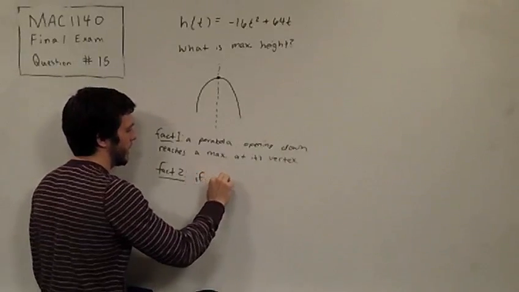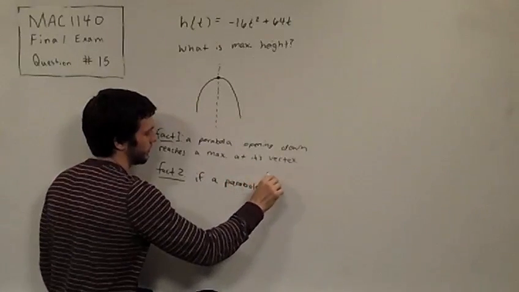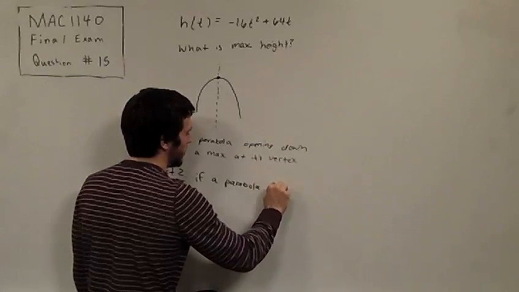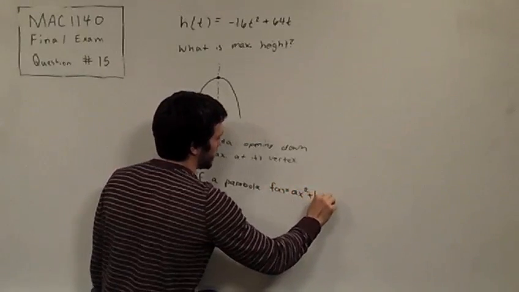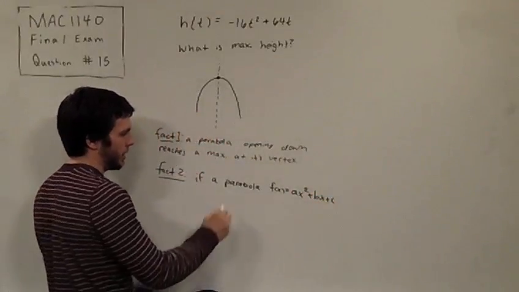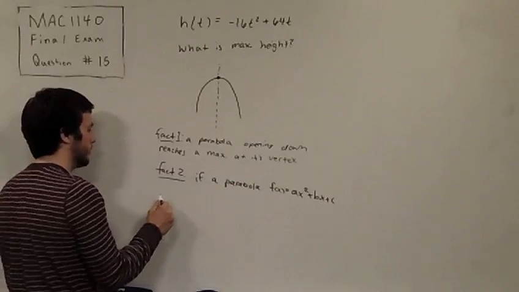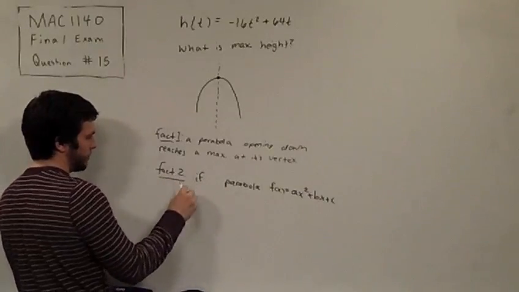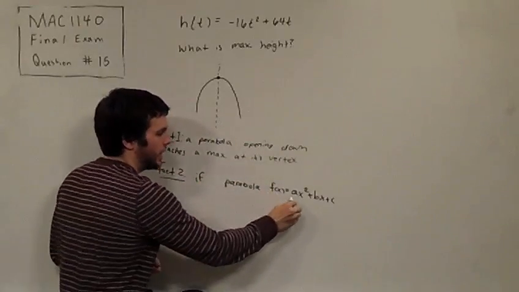If a parabola, and we'll call the parabola f of x equals ax squared plus bx plus c. If a parabola has this form, so let's just say if parabola f of x is that, this doesn't need to be in English, we're just saying that the parabola has this form right here,